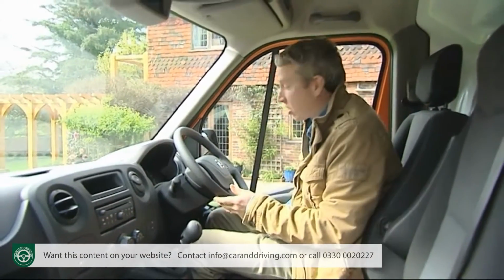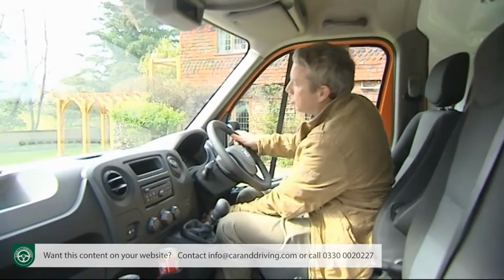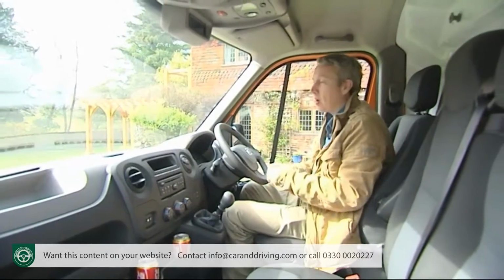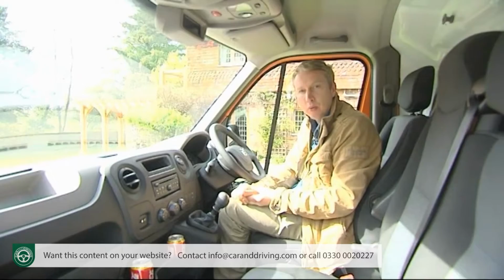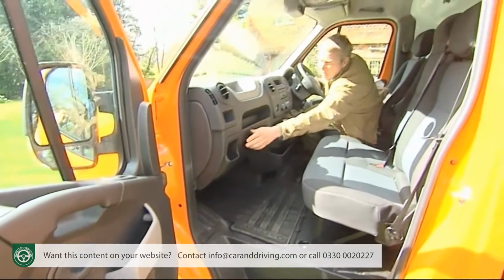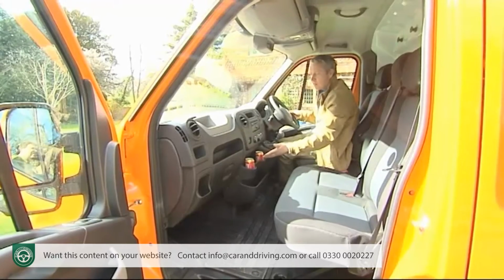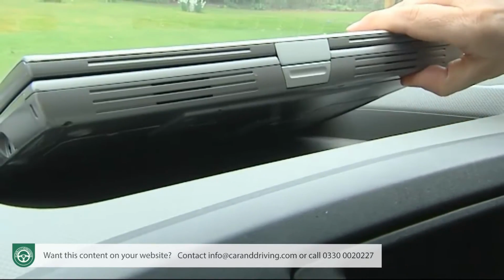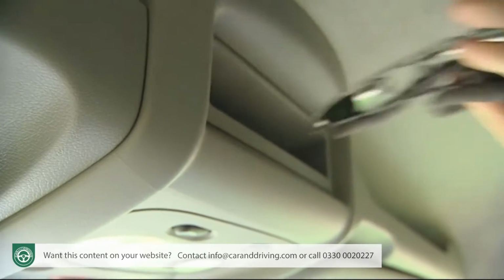Now, both the seat and the wheel can be height adjustable, and there's a simply enormous number of different storage compartments around the cab, literally about 150 litres of total storage space. Everything from decently sized door bins to various compartments and cubbies, a chilled glove box, lots of space for cans and bottles. There's a compartment on the centre top dash for a laptop, room for your sunglasses, and also a